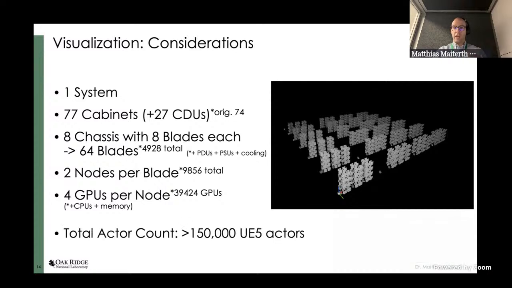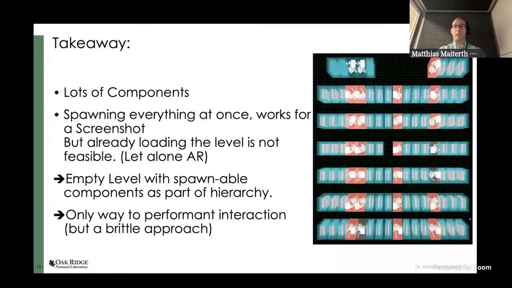So if you put all that into, for example, I modeled that in Unreal, you have a lot of vectors, 150,000 already with only these parts in. This basically includes also memory, CPUs, cooling, the networking infrastructure. So you basically get to a lot of actors. That is a lot of components, and already simply having everything in the scene takes long, works great for a screenshot, looks good, but this is not really practical, especially not if you want to have that in an augmented